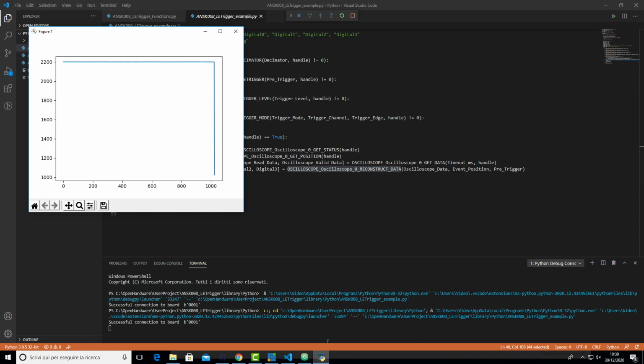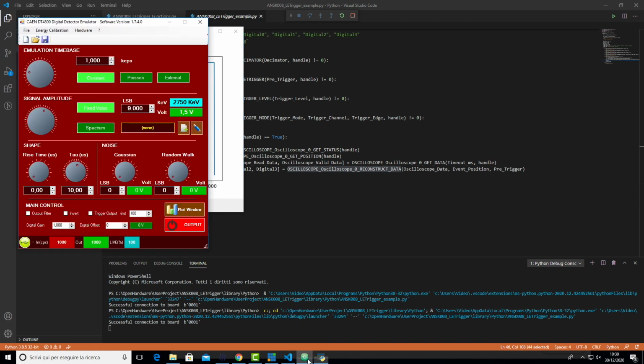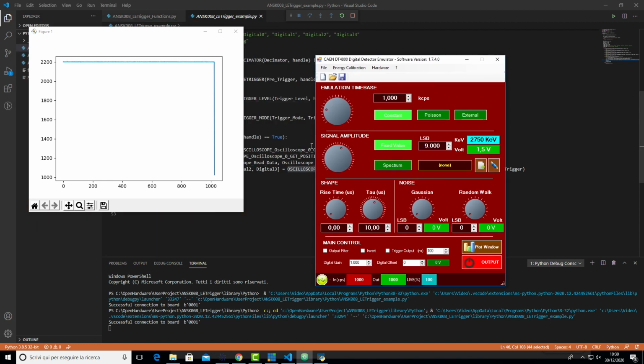So we can change the frequency, the rate, in order to have some more waveforms inside the screen, and maybe decrease the tau a little. Okay, so this is our signal. Now we are not triggering on anything.